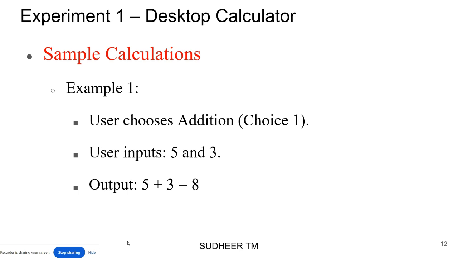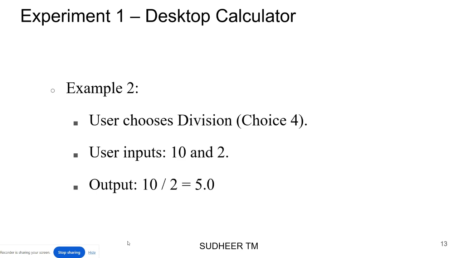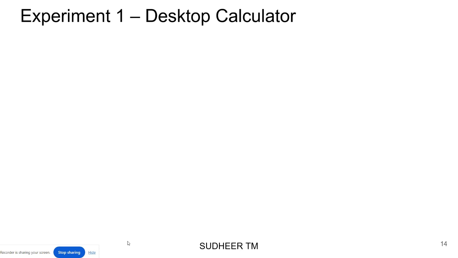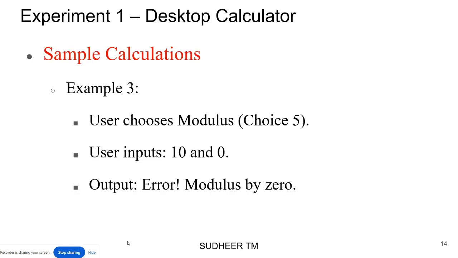Example 1, user chooses addition. 1 is pressed. User inputs are 5 and 3. Output is 5 plus 3 is equal to 8. Then example 2, user chooses division with choice 4 and the inputs are 10 and 2. Then 10 by 2 is equal to 5. Then chooses 3, chooses modulus,